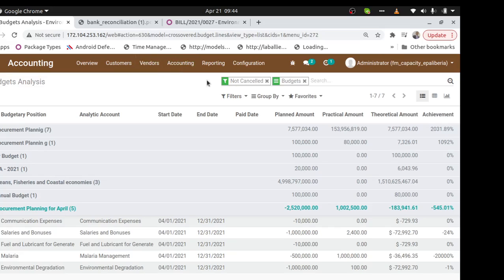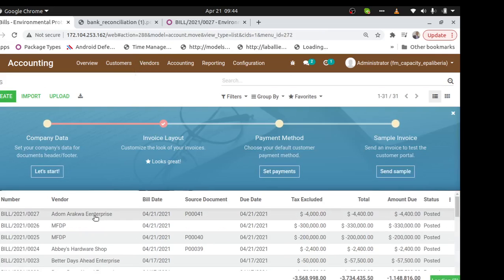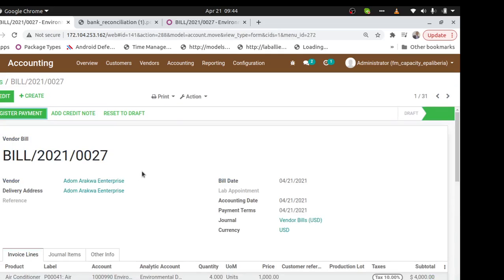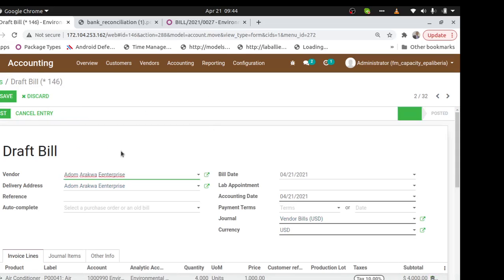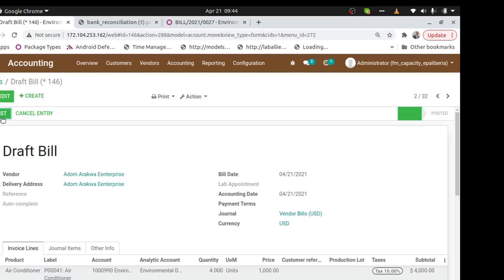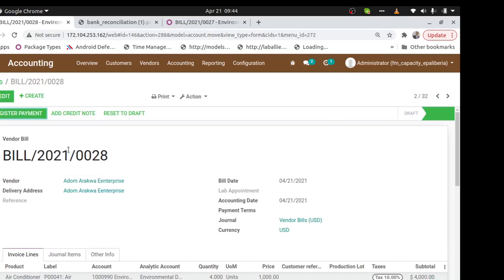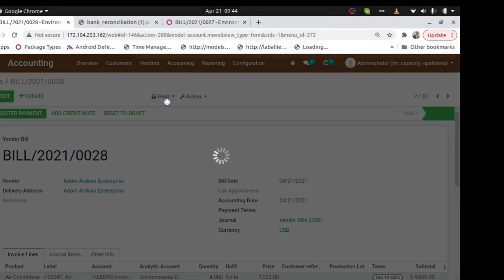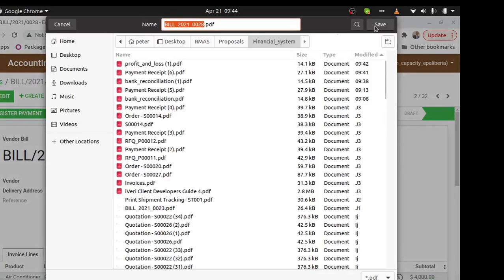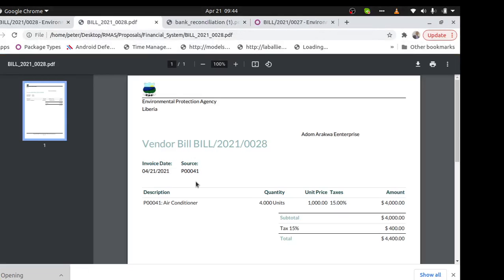And then the other thing I forgot to tell you, when you are doing that bill invoice, like the Adom Araqua Enterprises, you can duplicate it directly. If it's the same customer with the same product, you can come on it and just duplicate it like that. And then once you duplicate, you can post it again. Now the other thing I told you, you can print the invoices from here. Just print the invoice. See it. You can send to the Liberia government for payment that invoice, and then they can pay the check